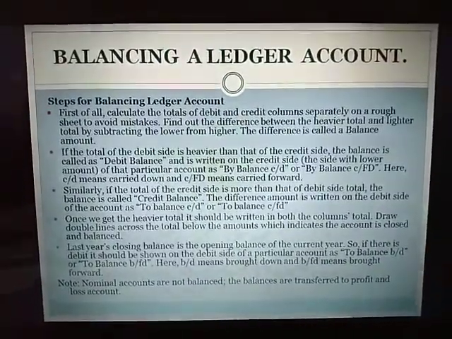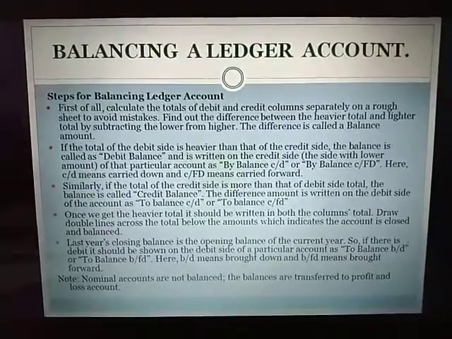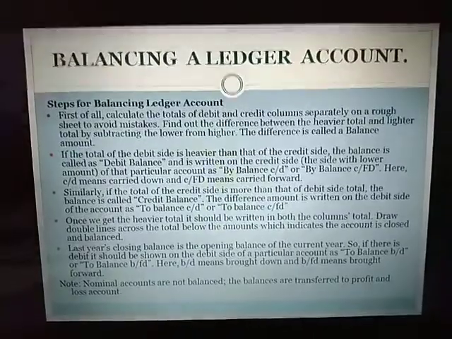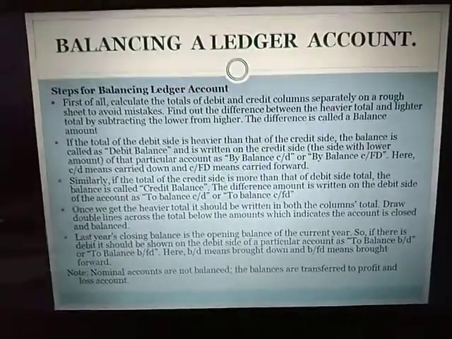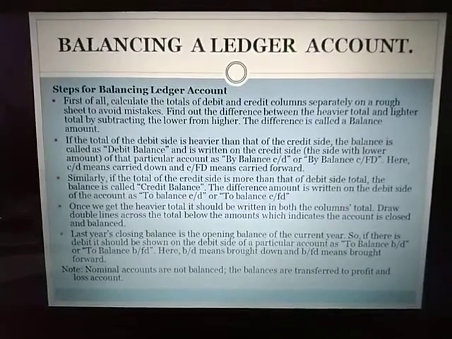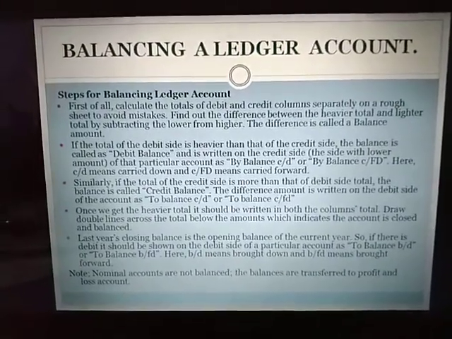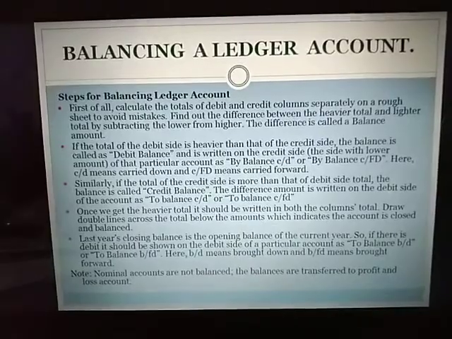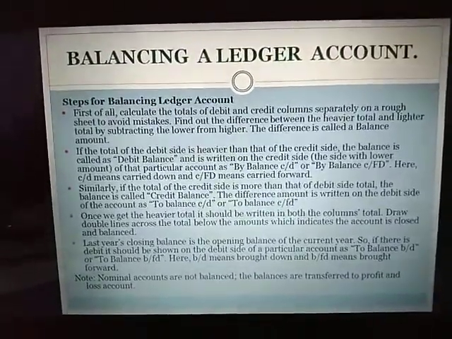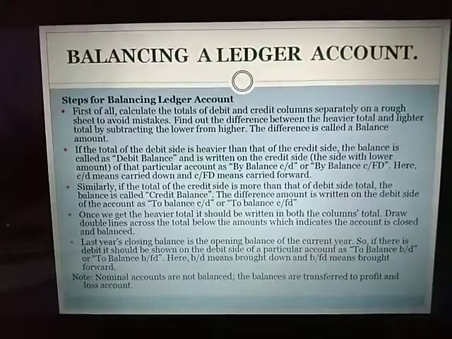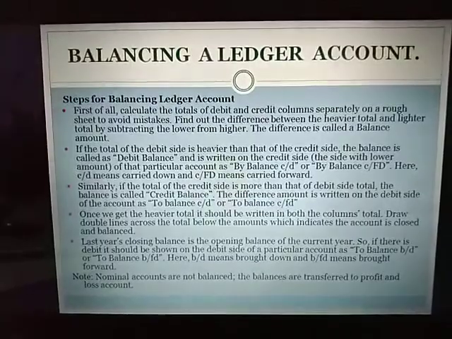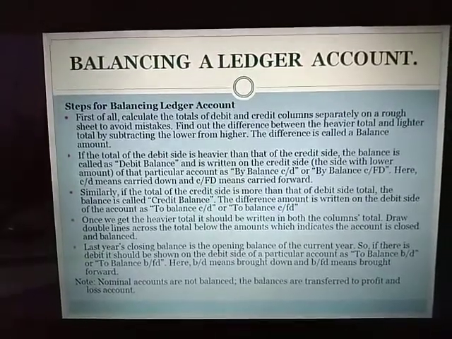Now after recording all the transactions in the particular ledger account, here comes the time when we have to balance the ledger account. Now there are certain rules of balancing a ledger account. Okay, so how to do it? First of all, we have to take out the totals of both sides of a particular account. Like for example, if I have taken cash account, we have to balance it. Now we have to add all the transactions and values of the debit side, as well as add all the values and transactions of the credit side.